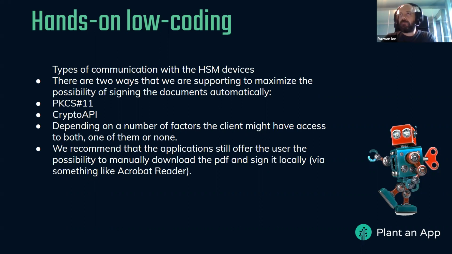So one of them is PKCS 11, and another one is CryptoAPI, and I'll go into a little bit more detail later on. Depending on a number of factors, the client might have access to both, one of them, or none, as I mentioned. This is due to how the manufacturers have created and packaged the information in there, and what kind of settings the client has on their local laptop. So there are a number of factors, and that is why we are giving both types of communicating with HSM